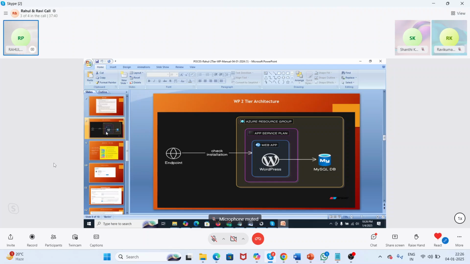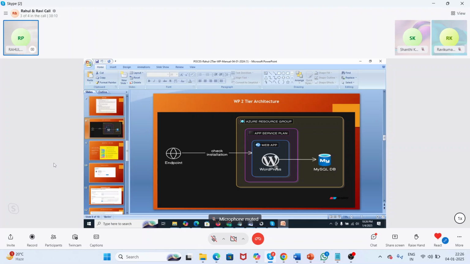Then there is the architecture, the WordPress two-tier architecture. There is a front end and a back end. This architecture model is especially beneficial for a WordPress site. It enhances performance and allows for better management. In the front-end tier, we have the WordPress installation itself, including themes, plugins, and customization.